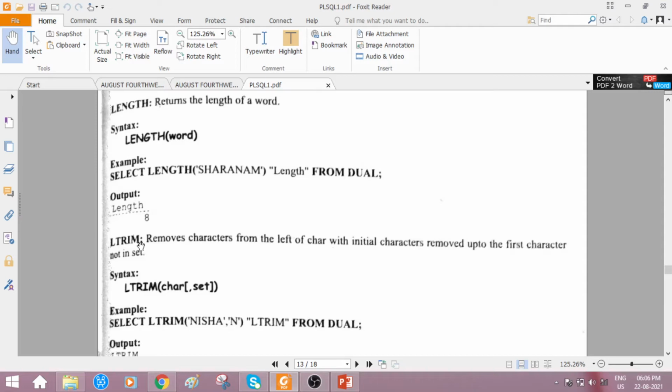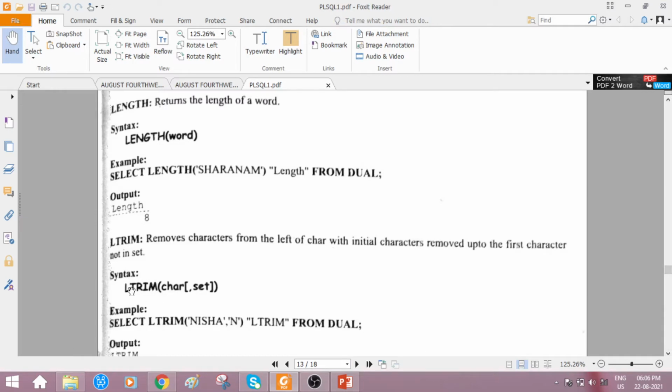LTRIM shortens: it removes characters from the left of char, with initial characters removed up to the first character not in set. So the arguments you are passing are the original string as well as the one which has to be removed. LTRIM means from the left it has to remove, right? Removes characters from the left of char up to the first character not in set. So until that character is not present, from the left it starts to remove.